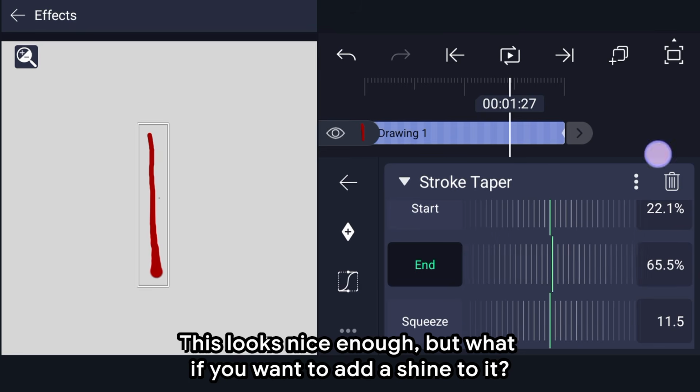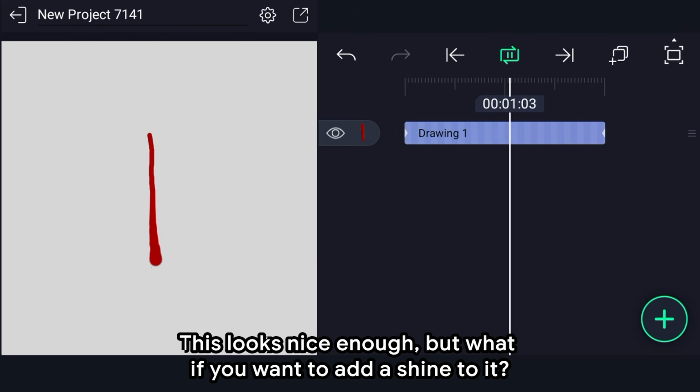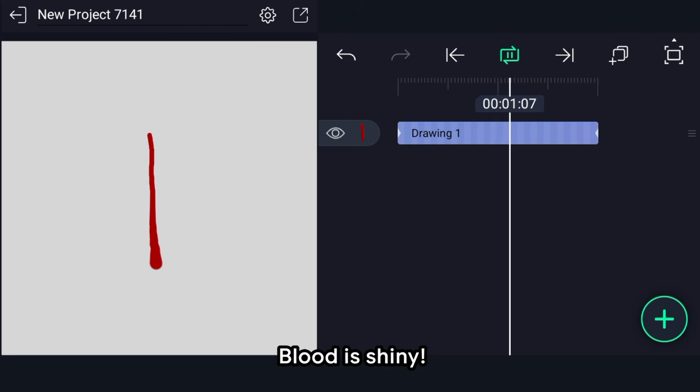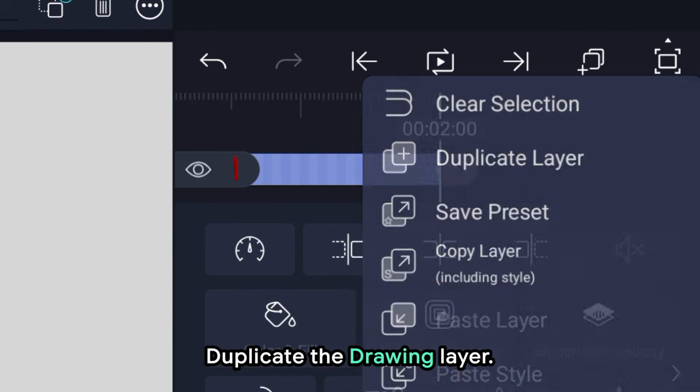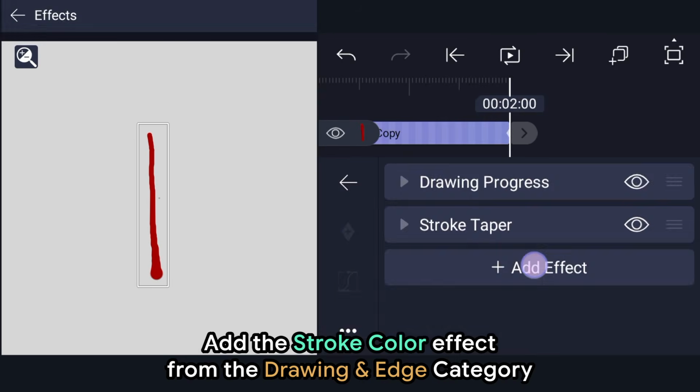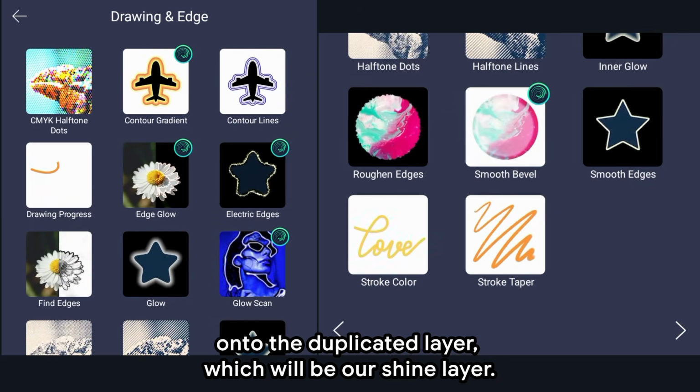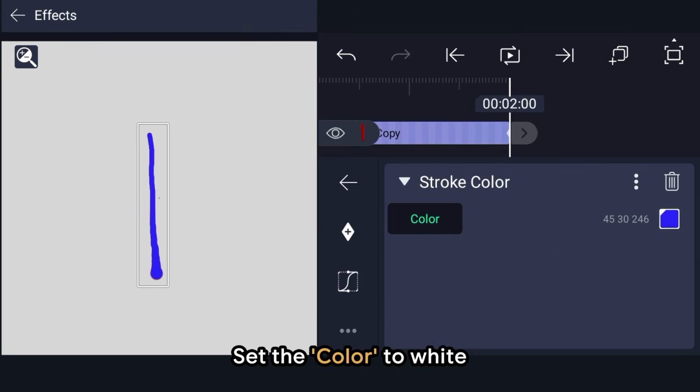This looks nice enough, but what if you want to add a shine to it? Blood is shiny. Duplicate the drawing layer. Add the stroke color effect from the Drawing an Edge category onto the duplicated layer, which will be our shine layer. Set the color to white